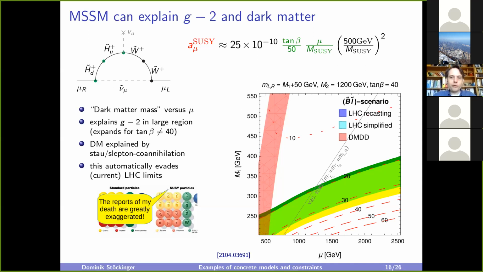So we looked at the case of Higgs LSP and explanation of G-2, and then you need small Higgs masses of a few hundred GeV. The dark matter relic density is then always too small. But we said this is not excluded. We just need to hypothesize an additional dark matter candidate. But interestingly, even then you get constraints from this dark matter direct detection. So even though the relic density is too small, the direct detection constraints are severe, and you need, again, a mass splitting between the Higgs and the gauge.